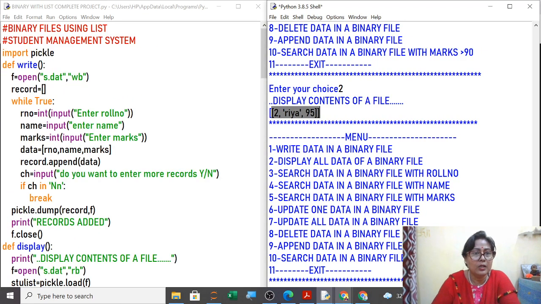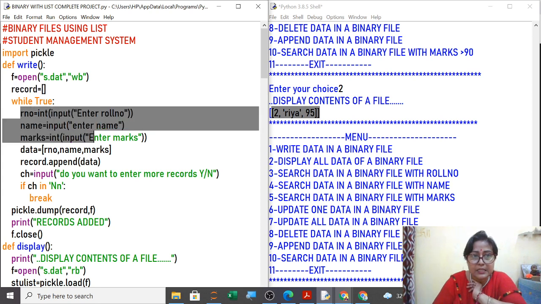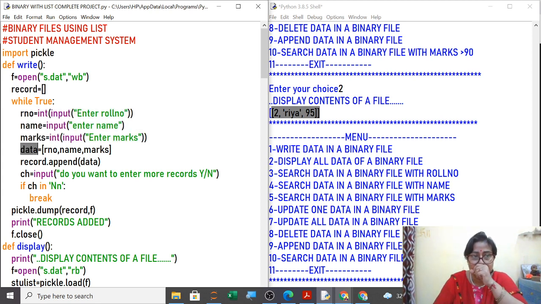This is your code. I think this is easier than dictionary, but last year many students using list were making errors in practical exams. So be careful, don't make mistakes. Your program should get executed. Now in this you can see only import pickle I have used. Then for writing I have created a list. Data I have entered in a second list, and then I have appended. Outside this I have dumped in a file.